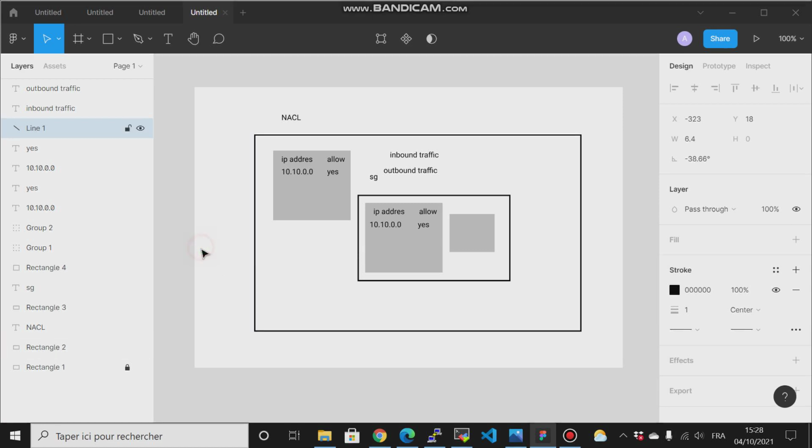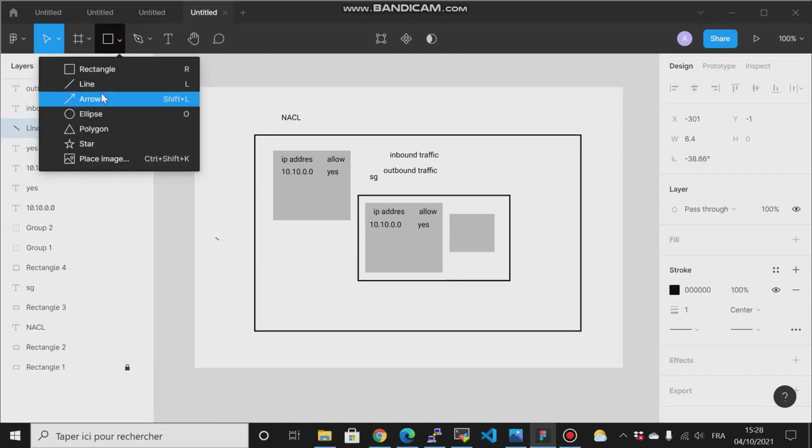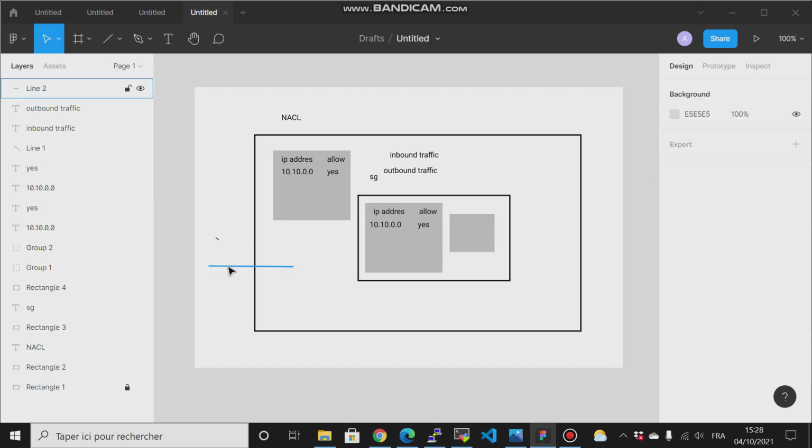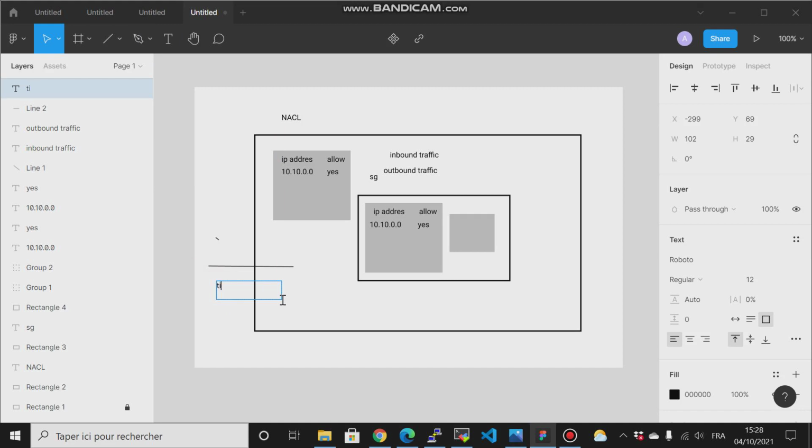If it is not allowed, then it will keep stuck here, and the user will have a timeout error. So two things you have to remember about security group and network access control: